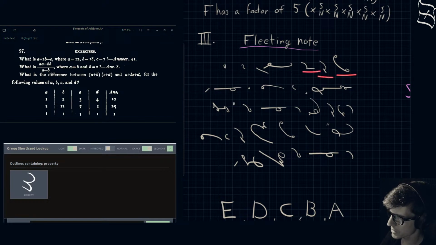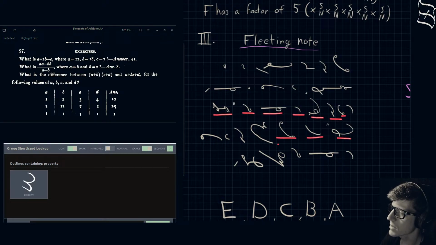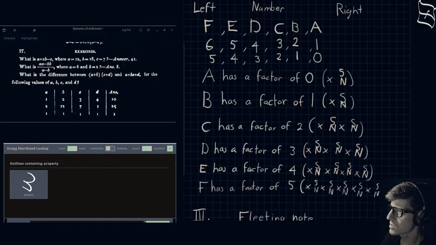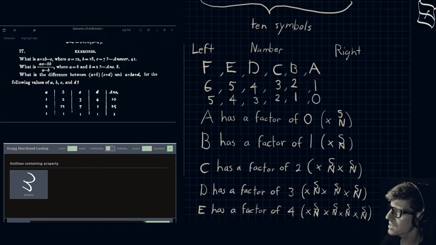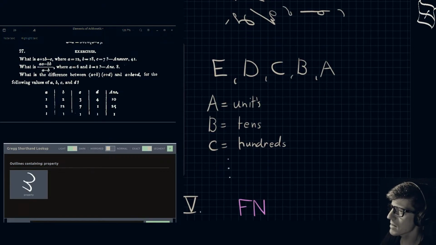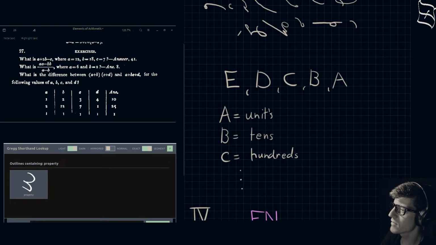every position in the linked system of numeration is given a name. The first position bears the name of units place, and every successive position is given the name of the associated factor. So that is where we get the units or the ones place. It's the units place, the tens, hundreds, thousands, 10,000s, 100,000s. Okay, so that was the takeaway from 3. And then we have A as units, B as tens, C is hundreds.